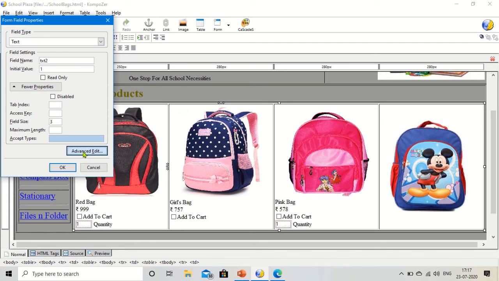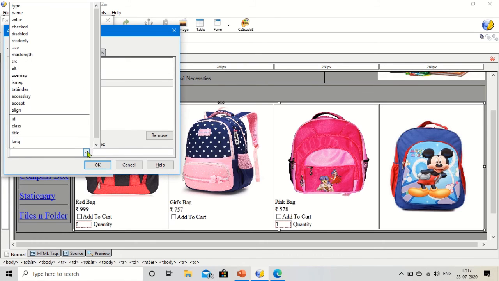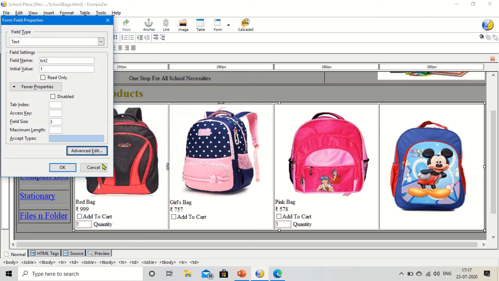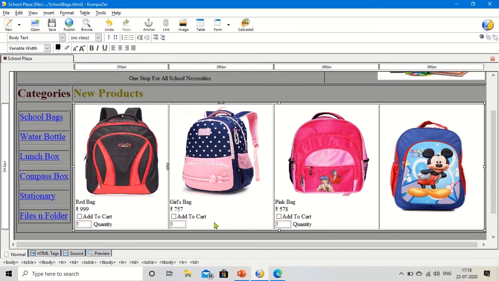Just go to the advanced edit and select the ID, and here you give Q2, then OK, again OK, and give the message here: quantity. Similarly, we have to add for these bags. I hope you all got it.